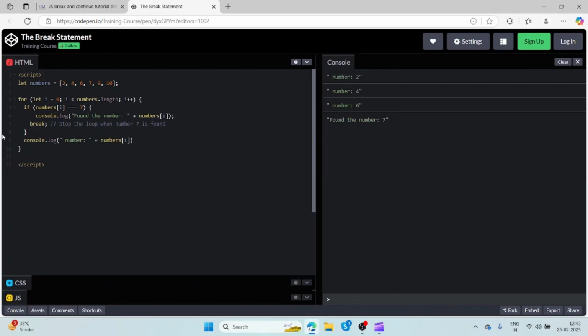As you can see here, it will first check let i = 0, so it will be 2. Now it will check if 2 is equal to 7. So it is not 7, so it comes outside and it will print here. As you can see, it is printing 2 here. After that i becomes 1. Now it checks if 4